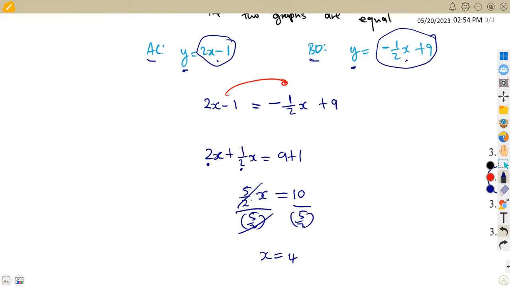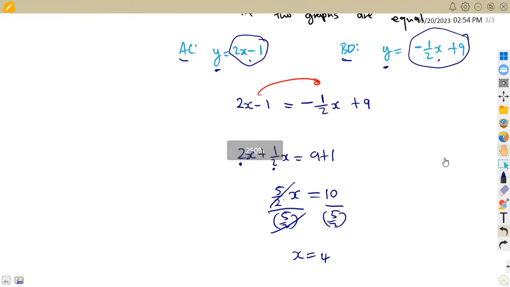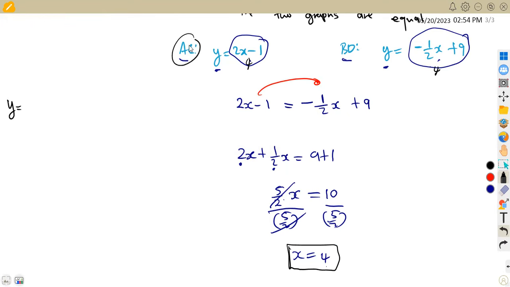But remember what I was saying, that at the point of intersection, these two graphs are equal. So in order for you to obtain the value of y from this x, you're going to substitute into any of these two equations. You can substitute here or you can substitute here. You are going to obtain the same value of y. So let's say we decide to choose this first part, AC. y is going to be 2 times x. Our x, which is 4, so that is 2 times 4 minus 1. So you can obtain the value of y, which is going to be 7,